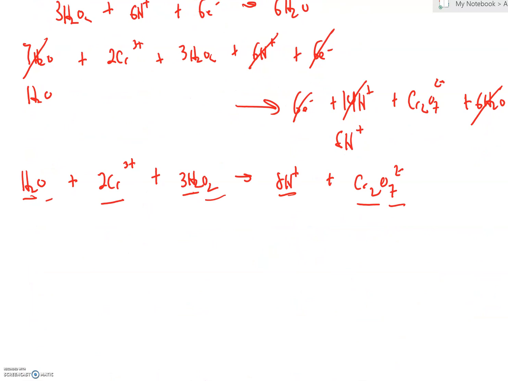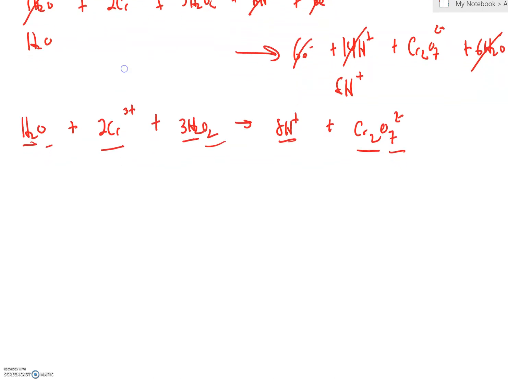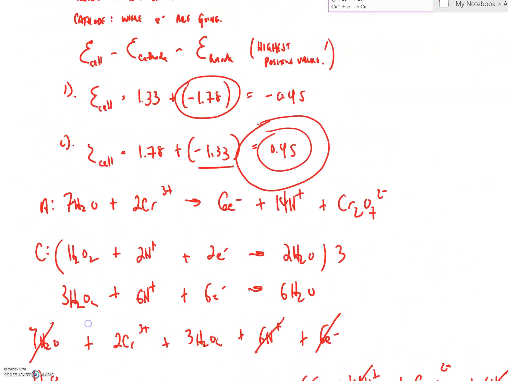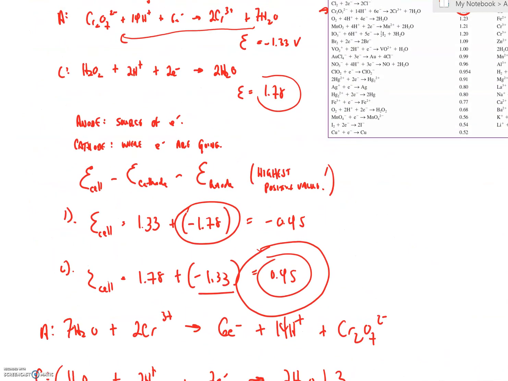And so our overall cell looks like this. If we were going to construct a cell diagram, this one's going to be a little tricky because there aren't any solid metals to use as electrodes. So here's how we'll do this one. Obviously, water doesn't really play too much of a part in it, and neither does this, because these solutions are going to take place in water anyway. So if we were going to draw a simple cell diagram, remember that the anode goes on the left. Our anode is